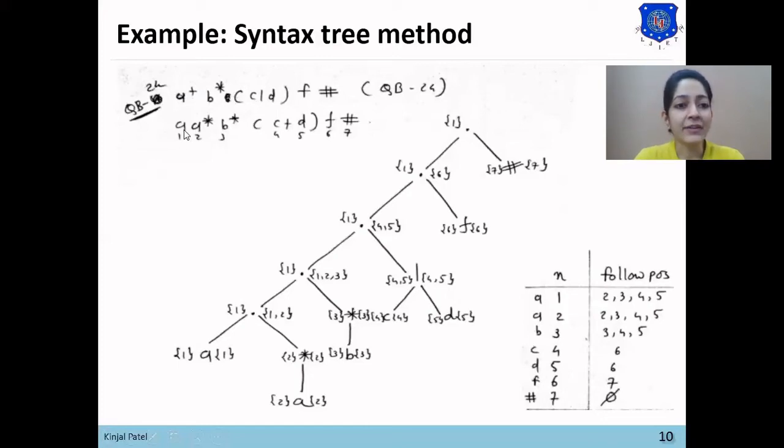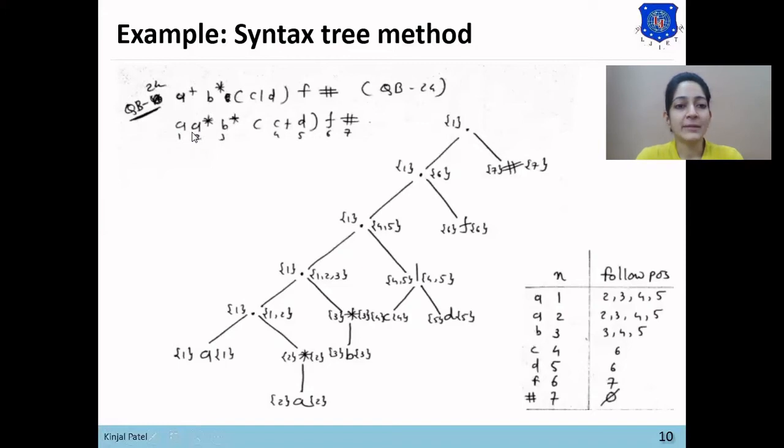So if we add one compulsory A in front of the Kleene closure, then A A star will be equal to A plus, as in A plus there is one compulsory A. So if there is A plus in the expression, it can be converted into A A star. Here we have converted A plus into A A star, and the remaining input will be as it is: B star, C or D, F and hash.